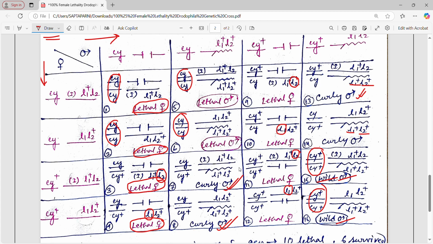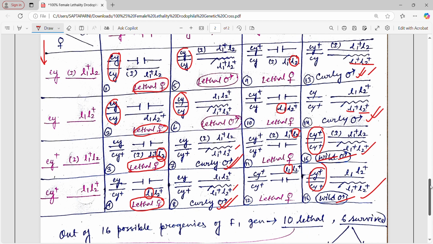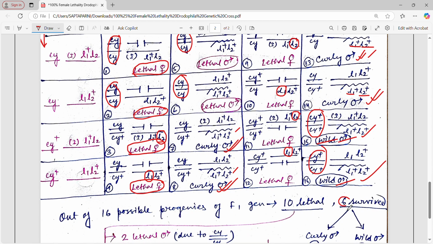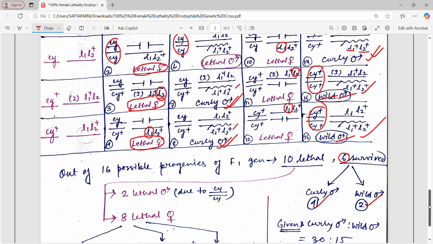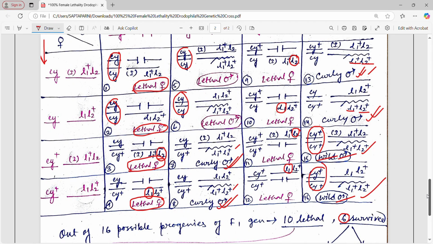A Carly male, second Carly male, third Carly male, fourth Carly male: 4 Carly males and 2 wild males are surviving. So among 16 progenies, only 6 survived, and among these 6, 4 are Carly males and 2 are wild males. What are the 4 Carly males? In box 7, box 8, box 13 and box 14 Carly males are there, and in box 15 and 16